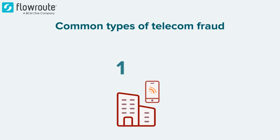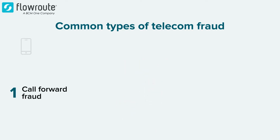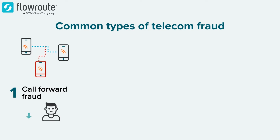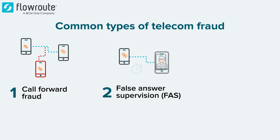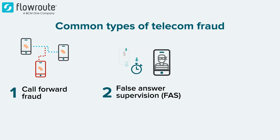Most telecom fraud falls into three main categories. The first is call forwarding fraud, which occurs when hackers gain access to an internet-connected VoIP phone and redirect call traffic to fraudulent phone numbers. This redirection results in expensive phone bills and frustrated customers. Next is false answer supervision, or FAS, where the fraudulent carrier modifies the answer signal, resulting in charges where a